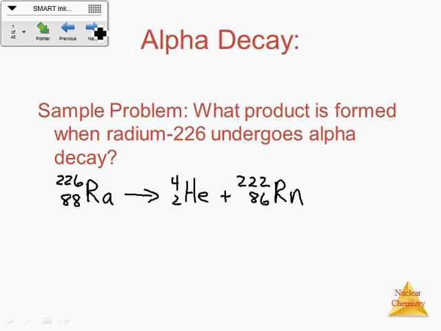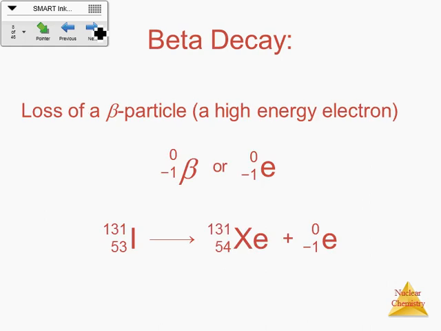Okay? Hopefully that makes sense. Beta decay is another type of radioactive decay that can happen. Basically, the nucleus spits out a high energy electron because of the change of a neutron into a proton. When a neutron, which you would write as 1, 0, N, gets changed into a 1, 1, P,